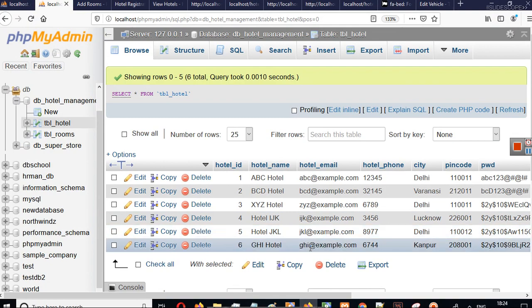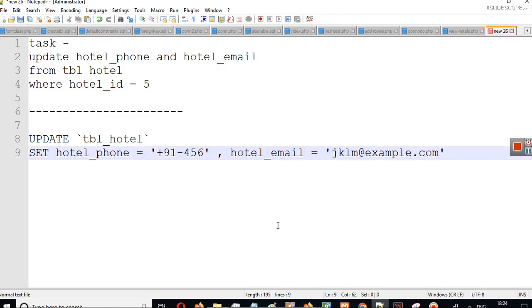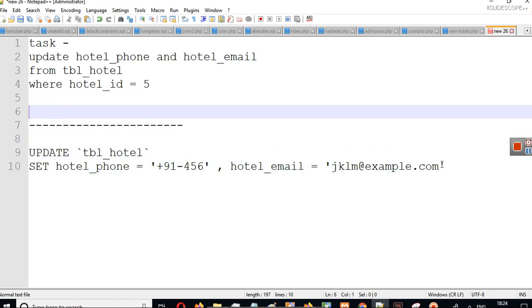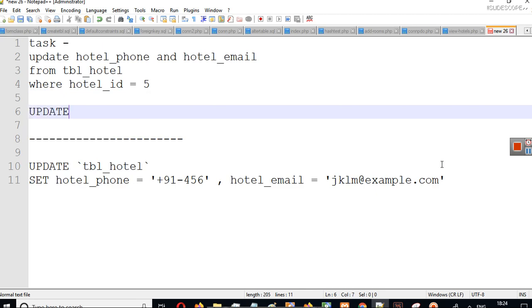We have to update this record, and to update the record you have to write: update table_name set column1 is equal to value1, column2 is equal to value2, column3 is equal to value3, and so on. So I will write the simple formula here also.